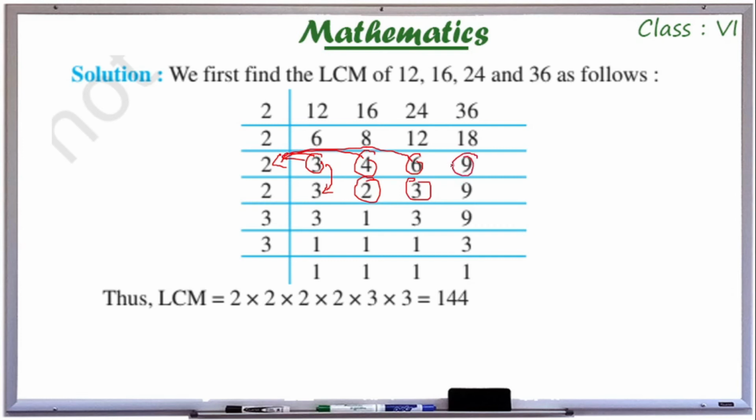9 is not divisible by 2, then directly write this 9 here. So